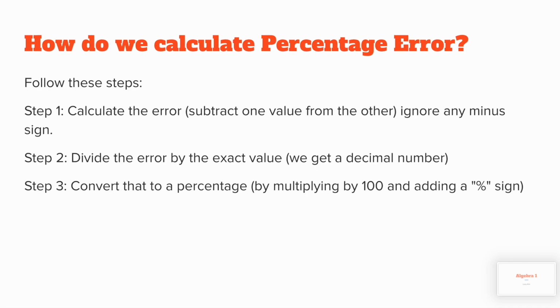If you're struggling with percentage error, then now let's look deeply into percentage error. So the way to calculate the percentage error is you need to calculate the error firstly, and then you need to divide the error by the exact value, and then you need to multiply by 100 and add a percent sign to convert that to a